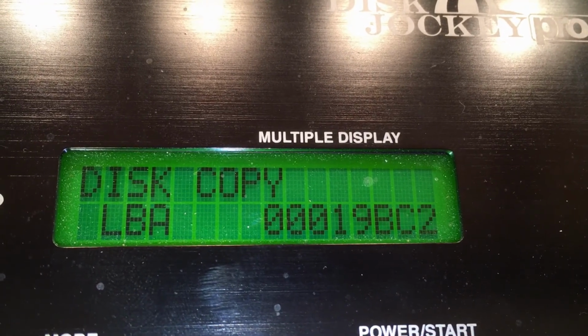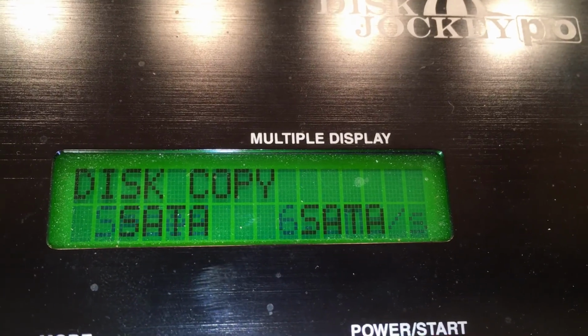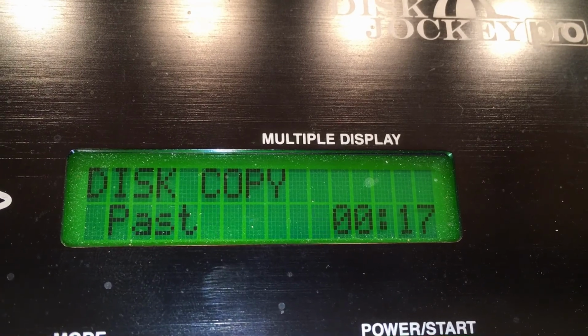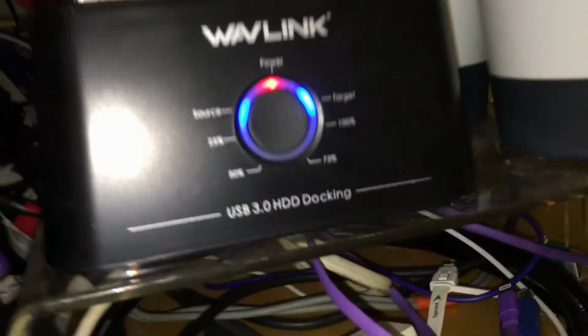We should be at 100. If it's 100, it's perfect. 6.6. I think I'm gonna have to do a copy and paste. I can't get it to work. It's just way too slow for whatever reason. I am using my Wavelink